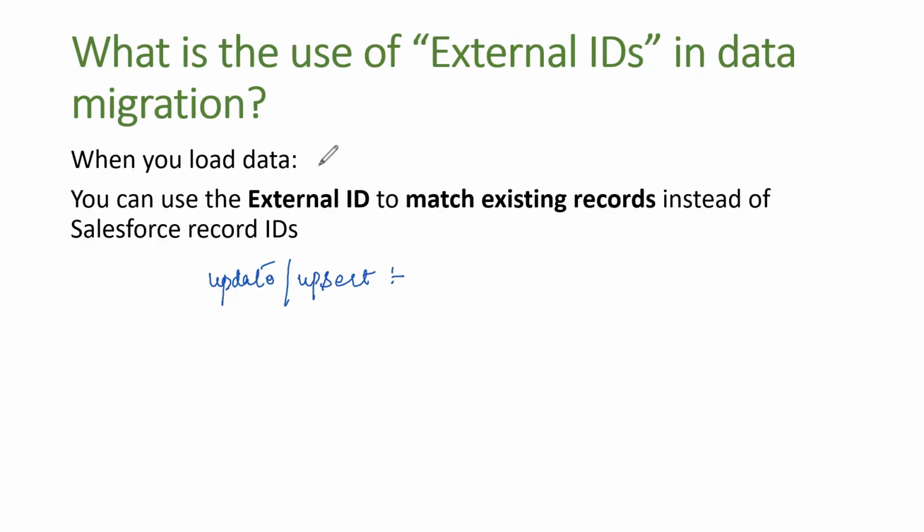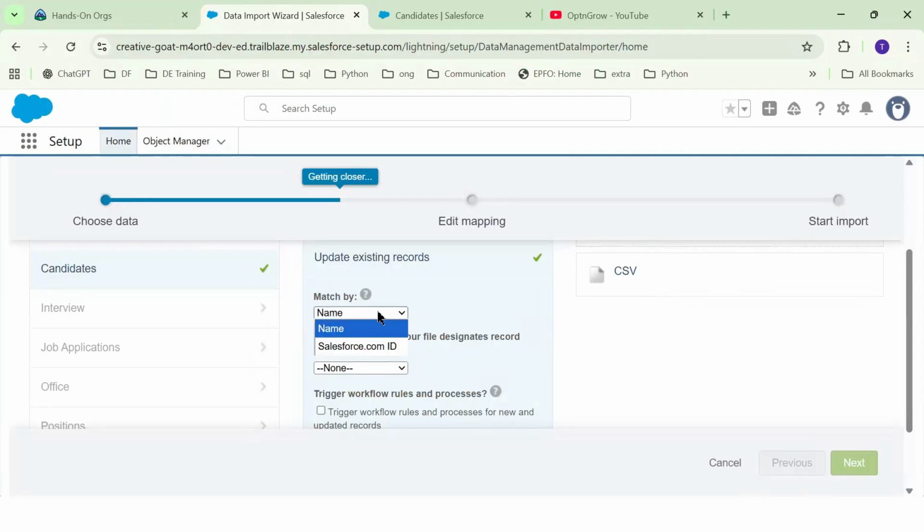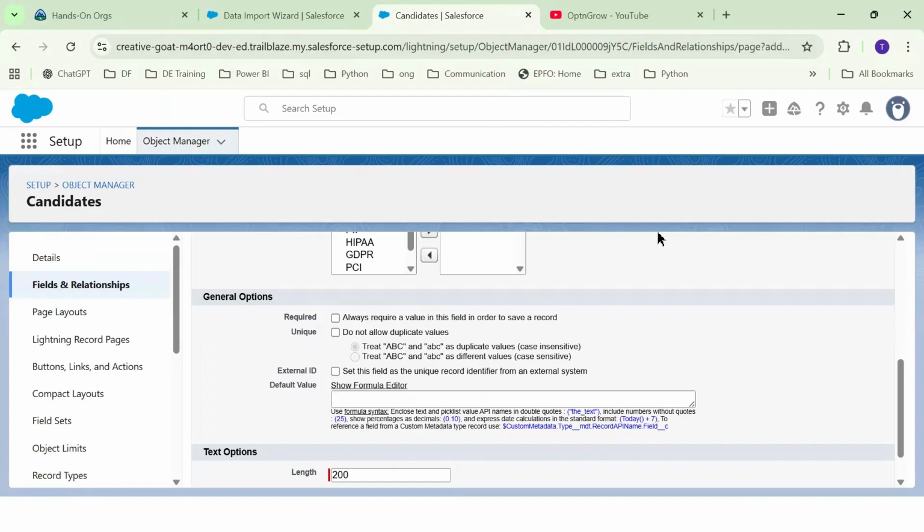So by default, if I just show it to you on the Data Import Wizard, the fields which are available for update or upsert to match by are name and Salesforce ID. Now let's say that you're not comfortable with these two fields, rather you want to match by some other field. So what you can do is, you can make some other field an external ID.